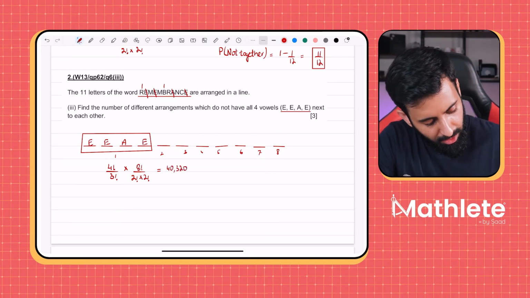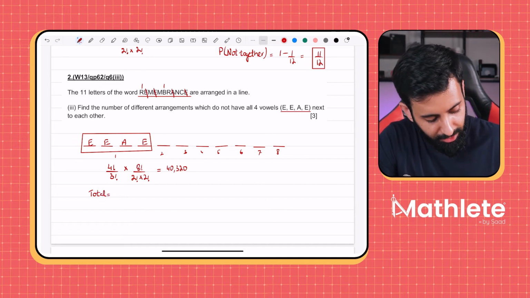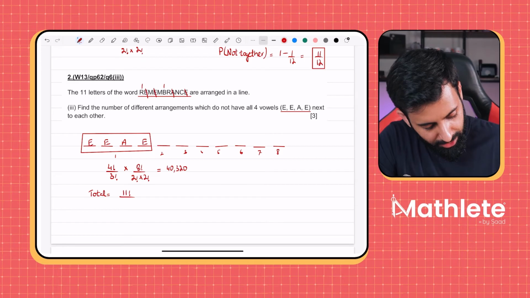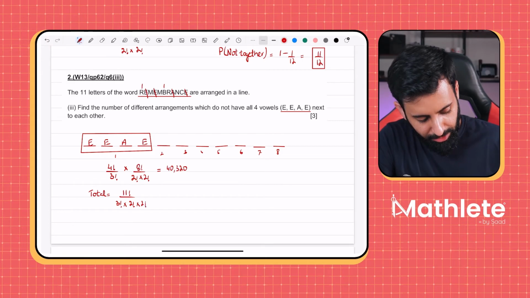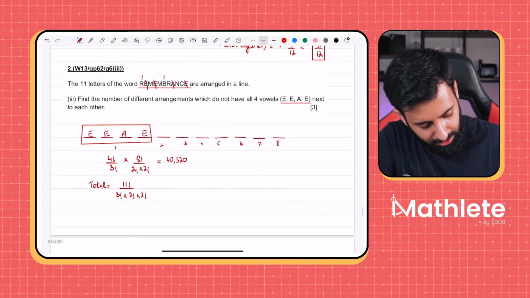40,320. Okay, now let's talk about the total. So the total would be an interesting value. 11 factorial divided by E is being repeated thrice, so 3 factorial. R occurs twice, so 2 factorial. M occurs twice, 2 factorial. Okay, now from this, from the total,